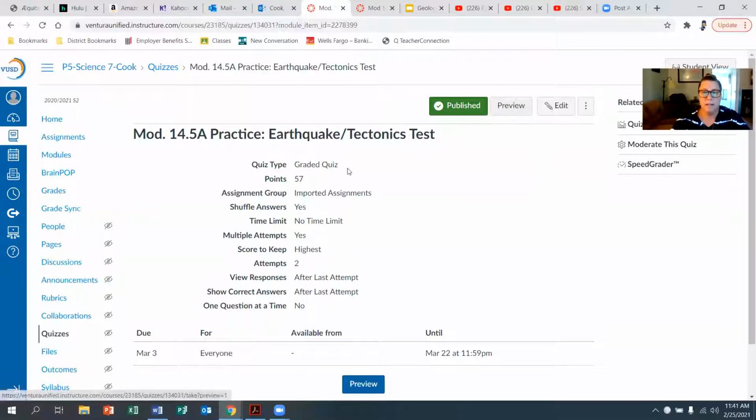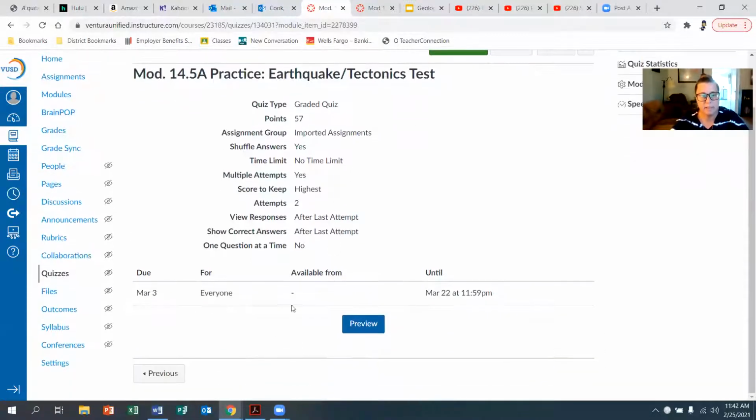And then lastly, you have a test to take. Now it's worth 57 points. 57 points is 3 points for each question. There are 19 questions. I'm going to give you a bunch of notes today that are going to help you with this test and with the Venn diagram. My suggestion is that you take your time taking the test. Do not take it in 8 minutes. Also, I have never said that you couldn't use notes or anything while you're taking quizzes or tests on here. You have 2 opportunities, as always, to do your best on this test. And remember, again, it is worth 57 points.